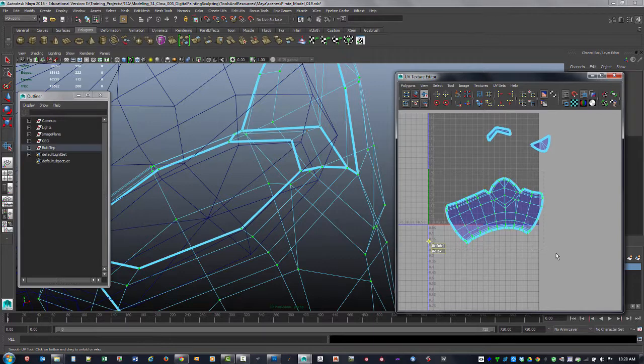The other thing that I'll show you is this tool here. So we've got a UV Lattice Tool, and it's this one right here. So we click on that. We've looked at lattice deformation earlier in some other videos, but this basically gives you some different points to work with. And the goal for me, I know this doesn't look very good right now, but we can keep dragging a selection around this thing and using this tool, is to try to get this thing to be a bit more straight